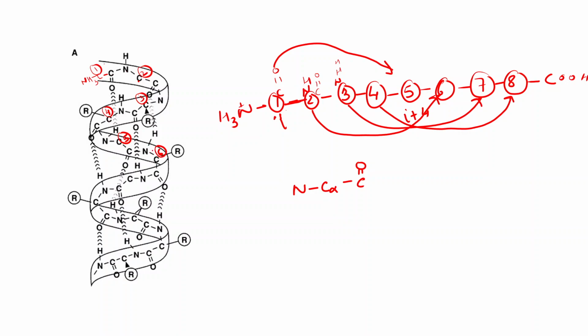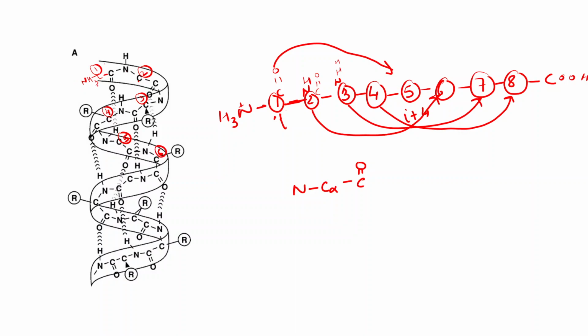So it can make the hydrogen bond. Its amino group is making the hydrogen bond with the second carbon, and its carboxylic group is also making a hydrogen bond. So all the amino acids that come in between in the alpha helix will form the hydrogen bond with both groups,